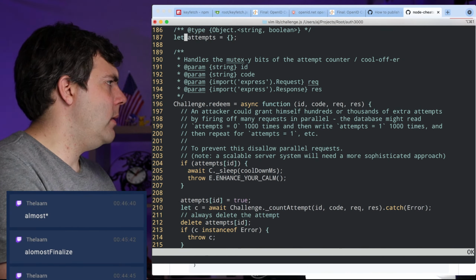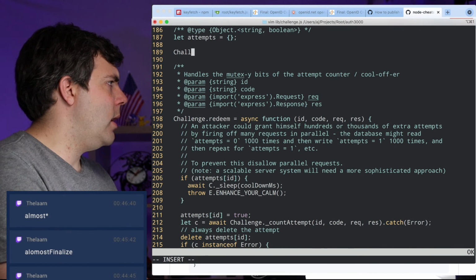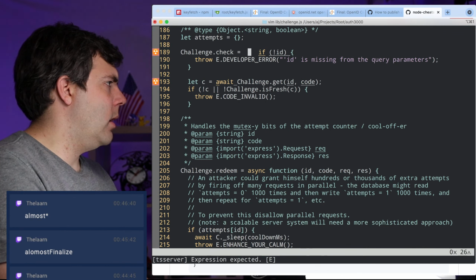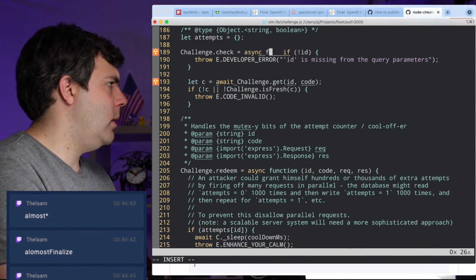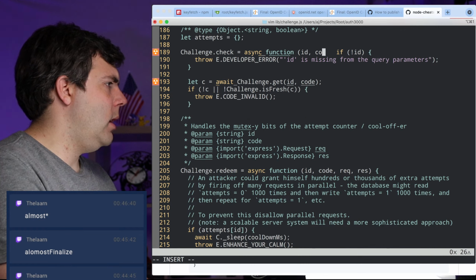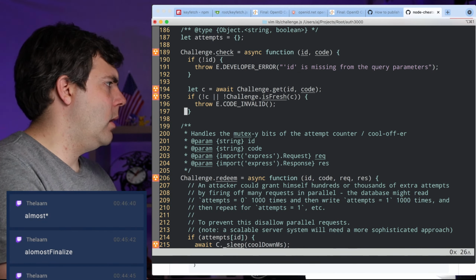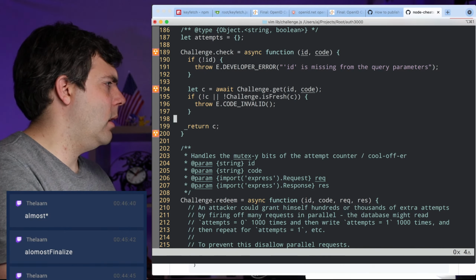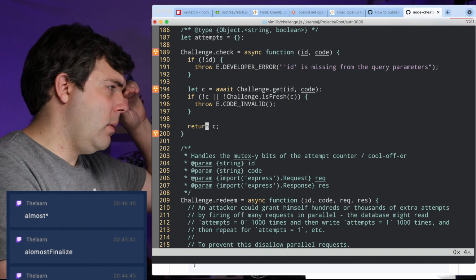And it's going to go right here, challenge.check. And then, okay, I guess we do need function ID code. And then if it all works out, I guess we hand back the code.